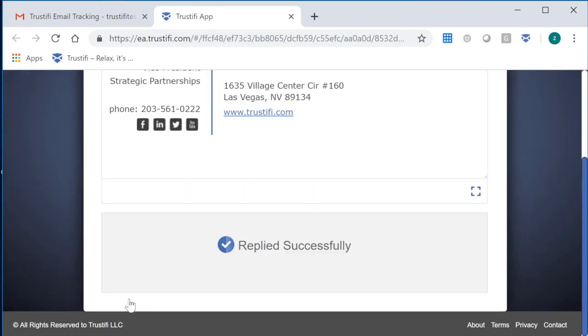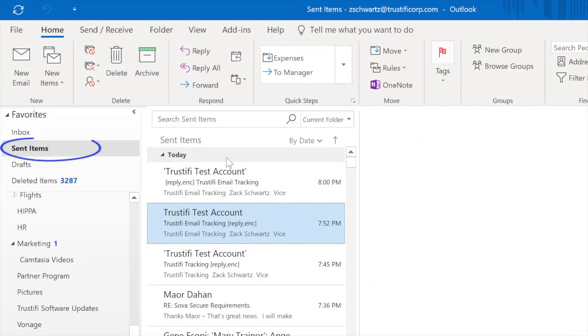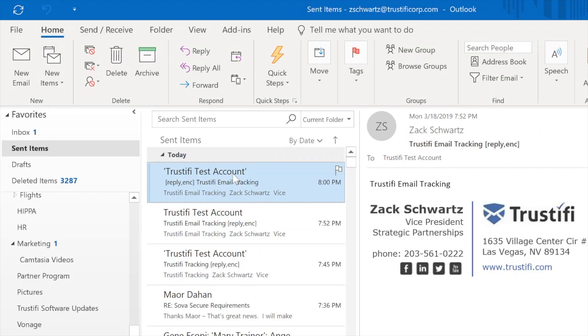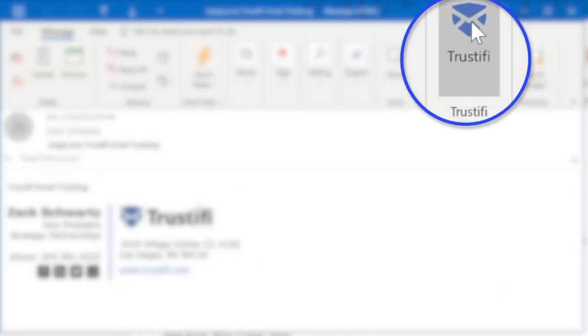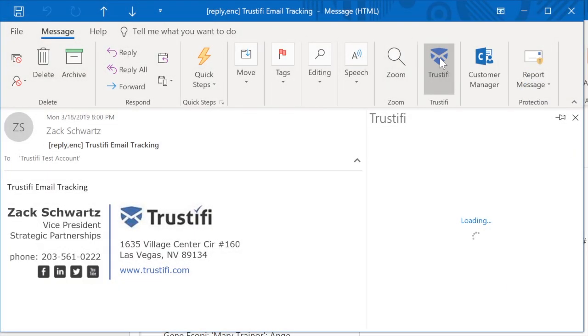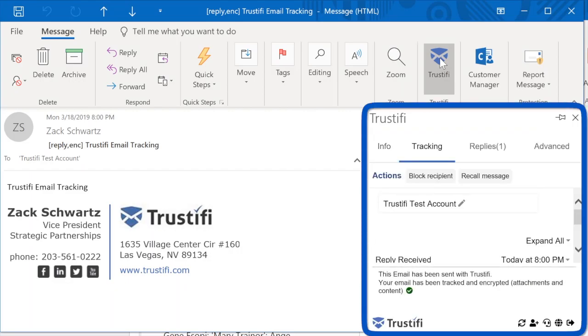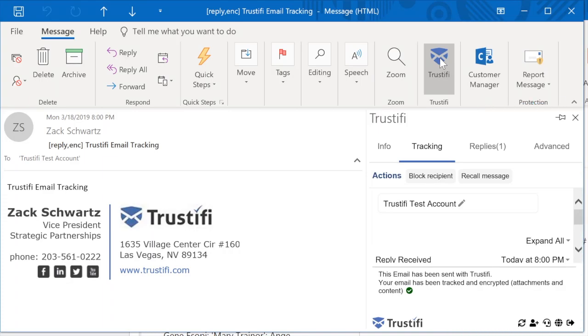Now let's take a look at some of the tracking metrics that Trustifi has with every email that's sent. So what we're going to do is go to our sent mail, open up that test email that we've sent, and open up the Trustifi application. From here, we can see that now we have tracking metrics for every single option that was selected on that